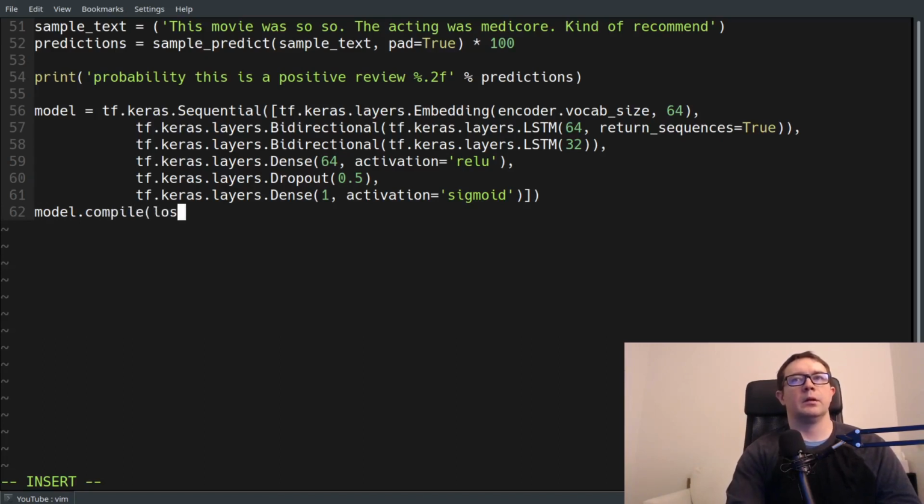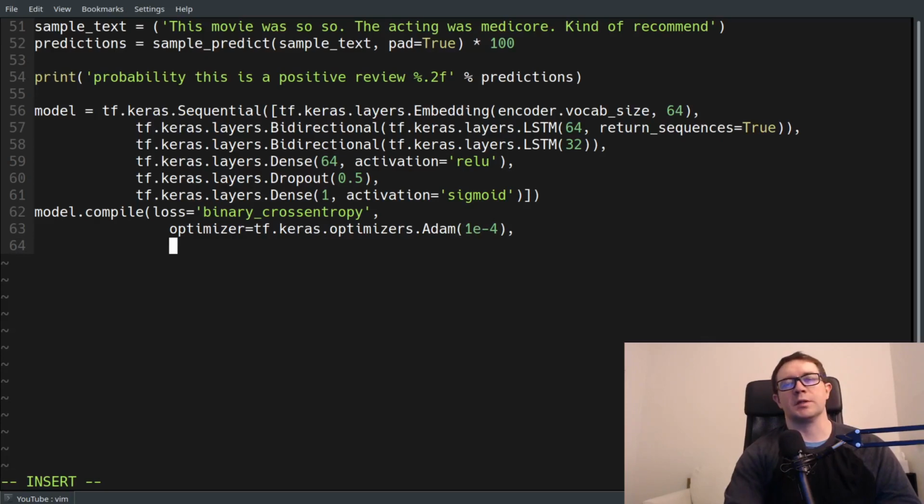Model.compile. Loss equals binary cross entropy. Optimizer equals Adam. Same learning rate. We don't want to change too many things at once. That wouldn't be scientific. Accuracy. History equals model.fit, train data set,